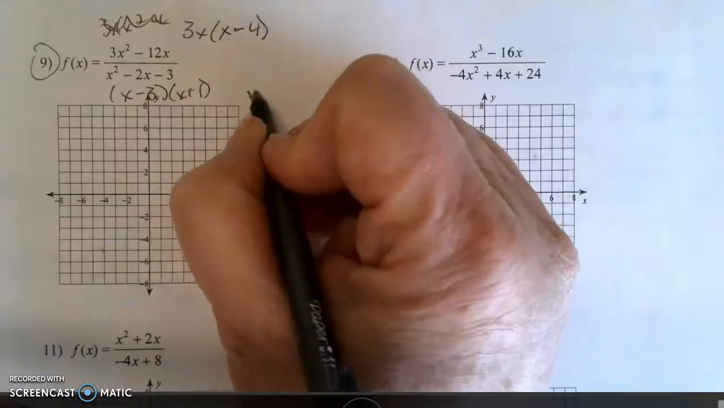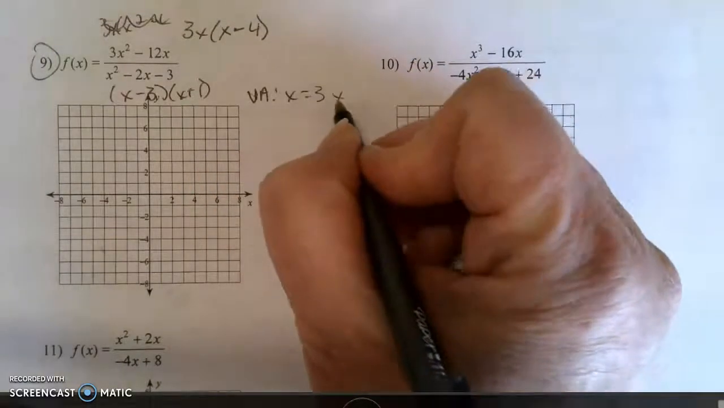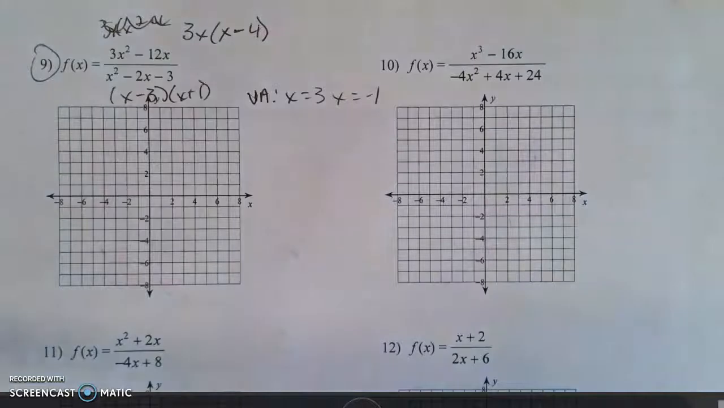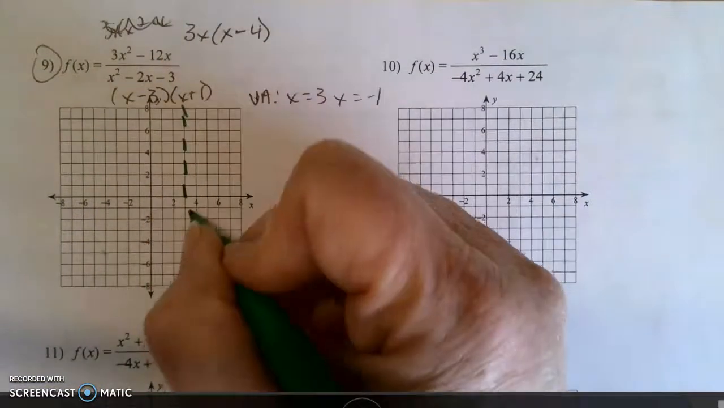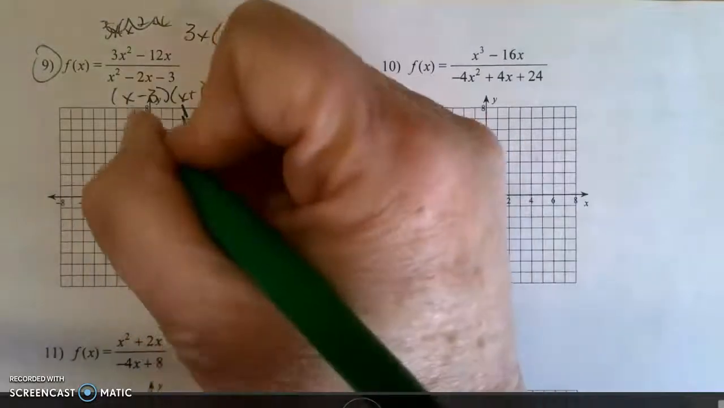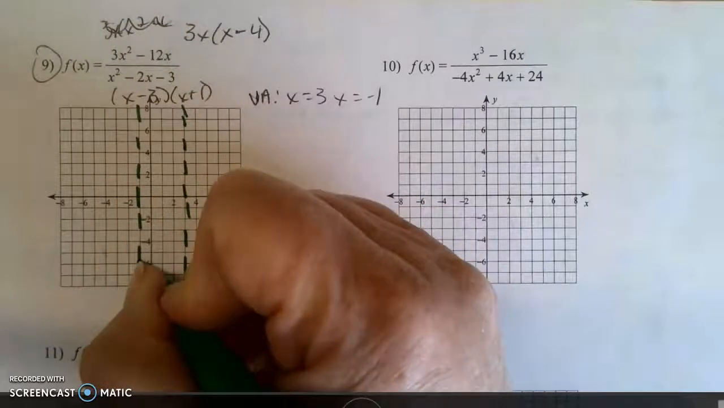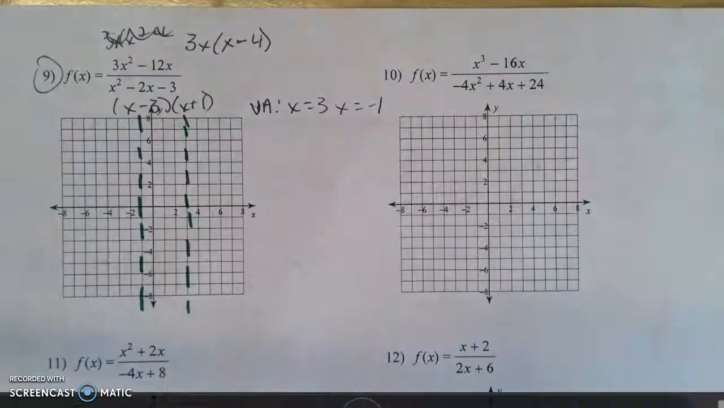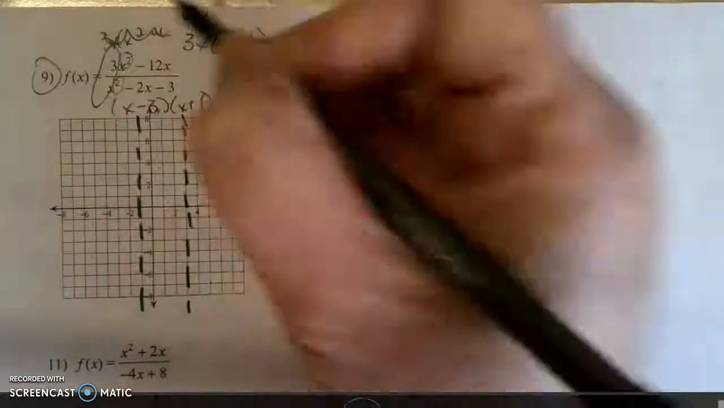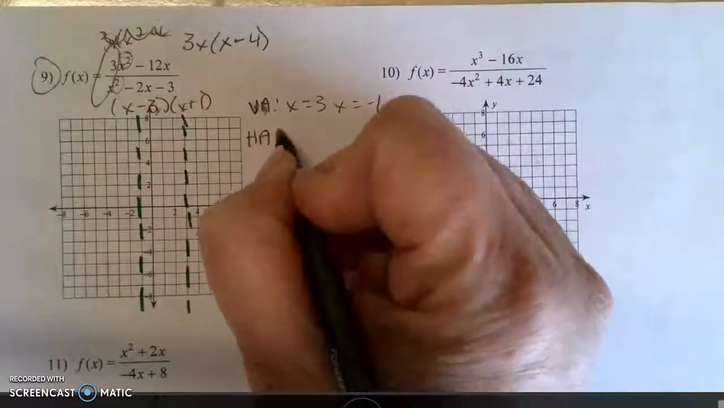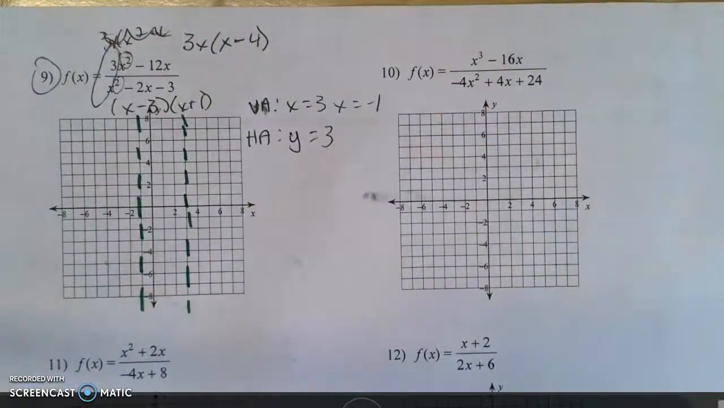Let's start with our vertical asymptote. X equals 3 and x equals -1. These have matching exponents, so I look at the number in front. So horizontal asymptote, y equals 3. And this is an unusual